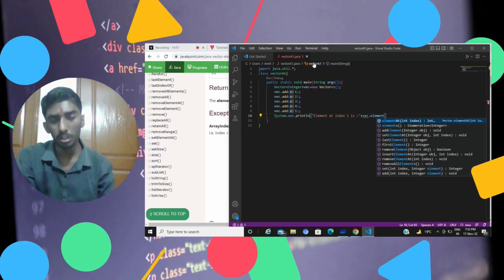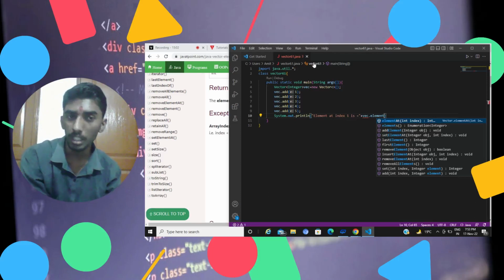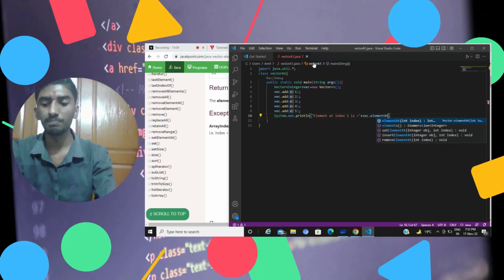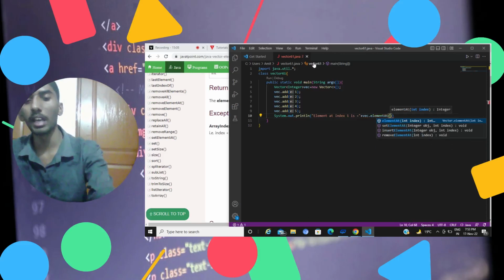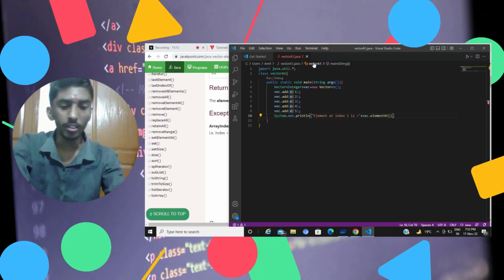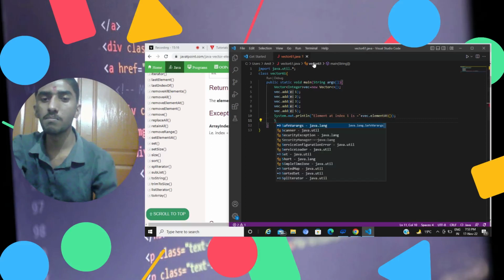So we must put elementAt, where the A is a capital letter. So I write A as a capital letter. After that, I take a bracket, and after that I put a semicolon. Again, I write System,